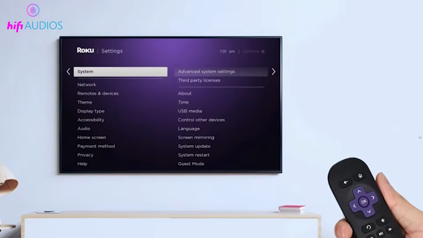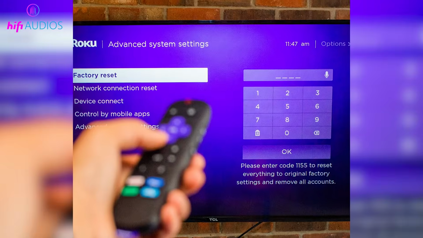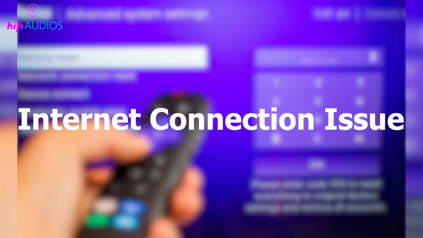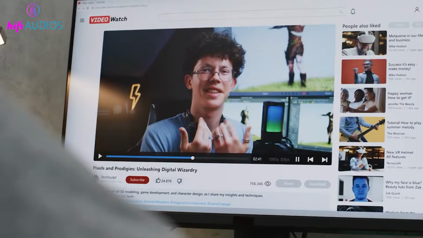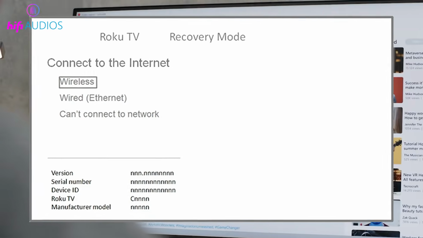Roku TV stuck in recovery mode and looping back to the same screen again and again? This usually happens because of a power cut during an update, corrupted software, or an internet connection issue. In this video, I will show you simple step-by-step methods to fix the Roku TV recovery mode loop and get